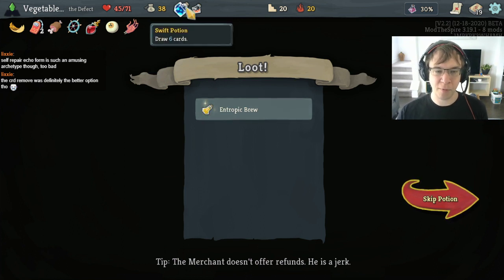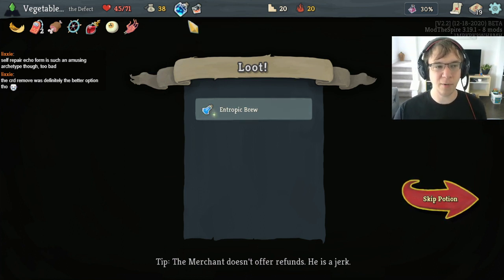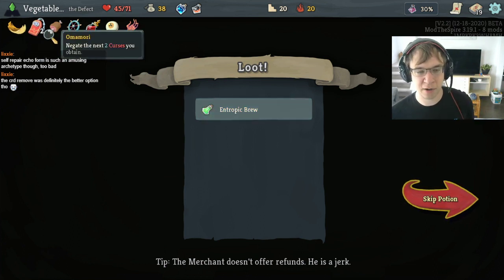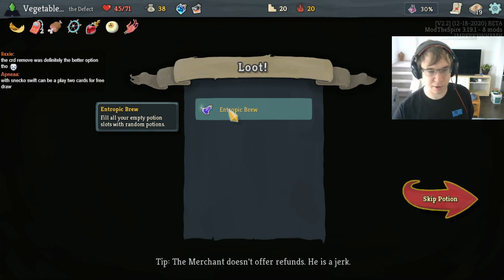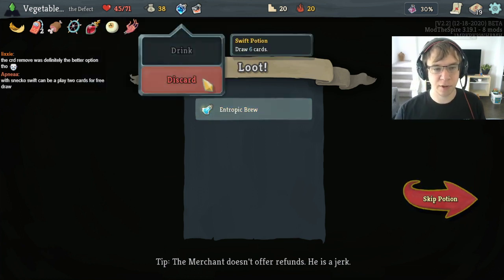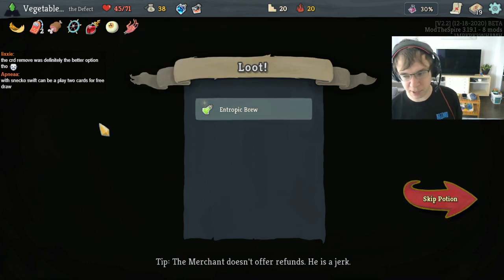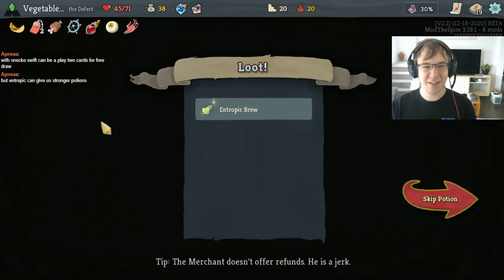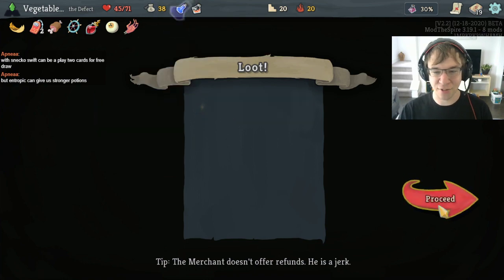I think I like Swiftbot better. No. Entropic Brew gives us extra shots on goal with Sacred Bark, right? Because Entropic Brew can give us like a Cultist potion or something that just breaks the game. Swift Potion isn't doing that. Swift Potion is our get out of jail free card though, for when Snecko decides we're having a bad time. And I like getting out of jail. But Entropic Brew can do that too, right? It can. It isn't as likely to, but...